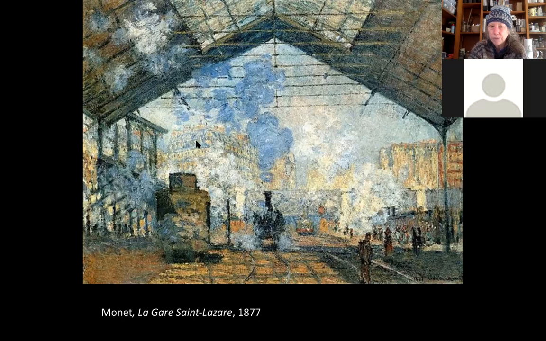These apartment buildings were built in the 19th century when France had a major sort of urban renewal where they tore down a lot of medieval streets and buildings and built these brand new apartment buildings and the trains and everything. And there's a bridge back here also. And the train is arriving into the station.